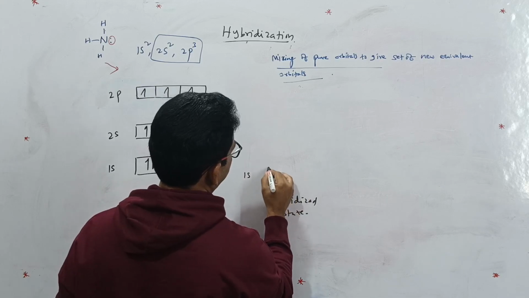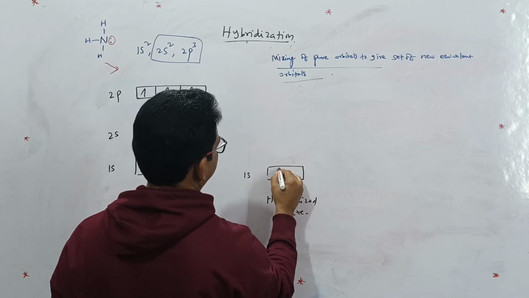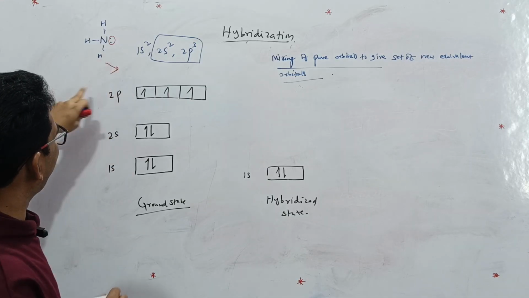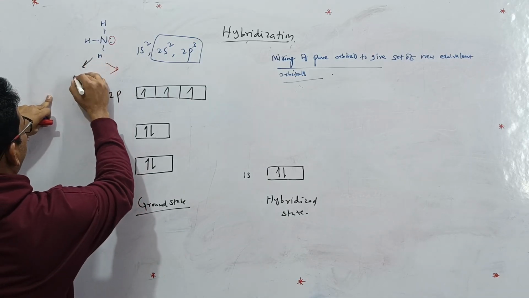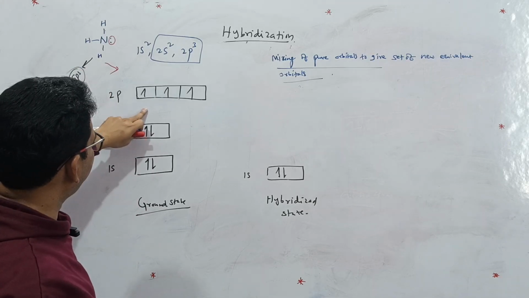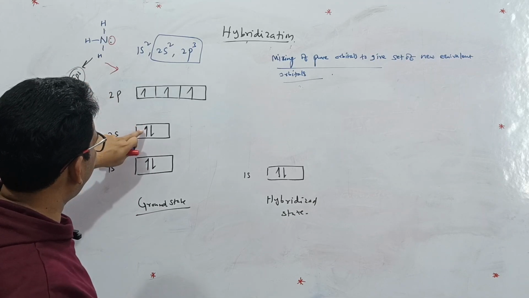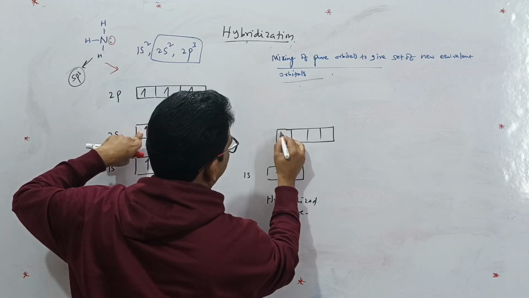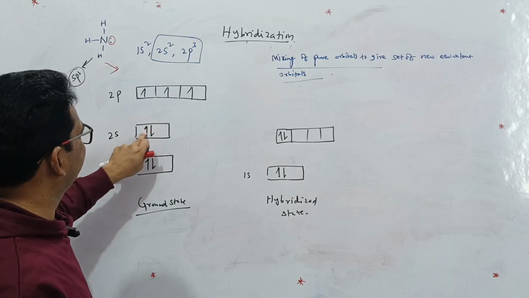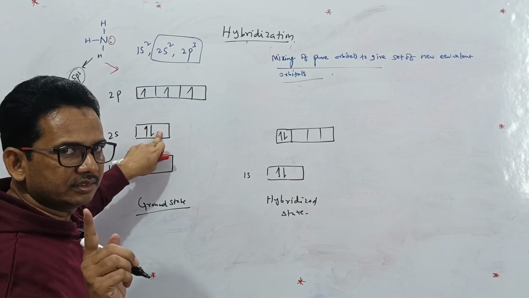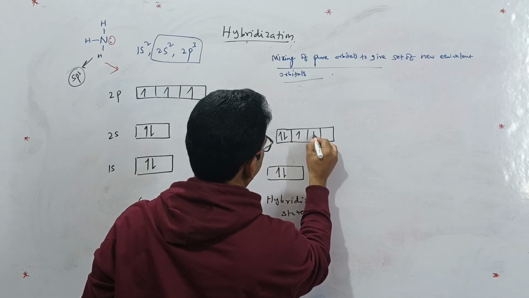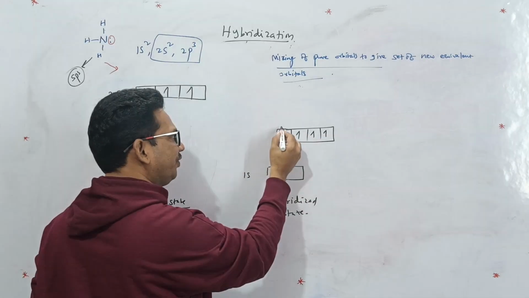1s will remain the same. But in the sp3 hybridization, what is happening? I already told you: ammonia has sp3 hybridization. How sp3? It means 1s and 3p. 1s means this one, one of the s. How many electrons does it have? You can see 2 electrons in this case, but in this case 1 and 1. That's why we are showing this one